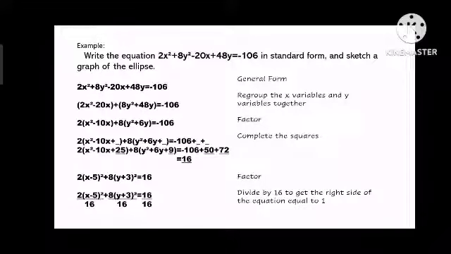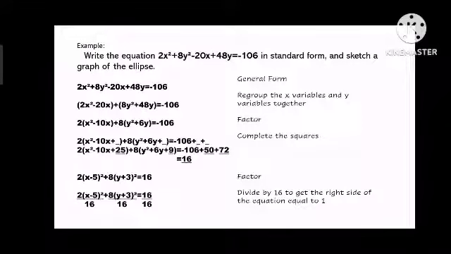So negative 10 divided by 2 equals negative 5, then squared equals 25. Then 6 divided by 2 equals 3, and squared that is 9. So we have 2 quantity x squared minus 10x plus 25 plus 8 quantity y squared plus 6y plus